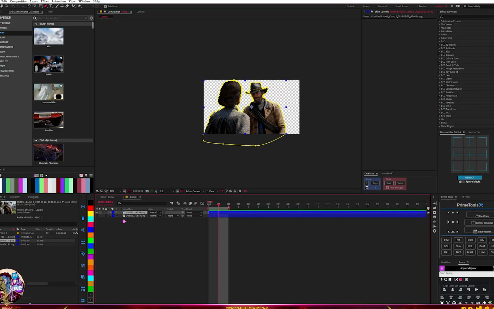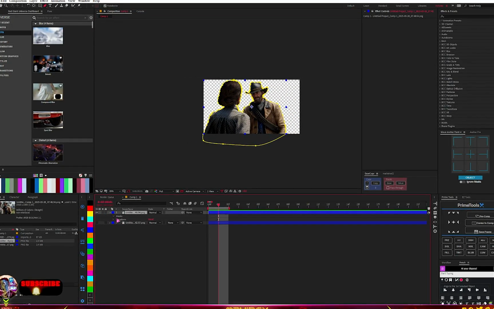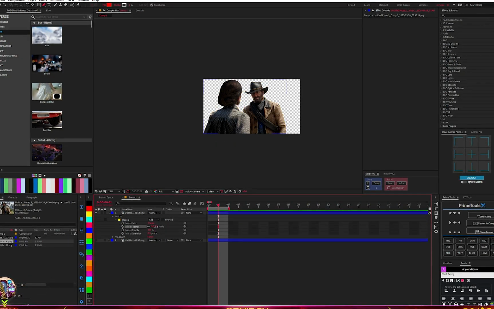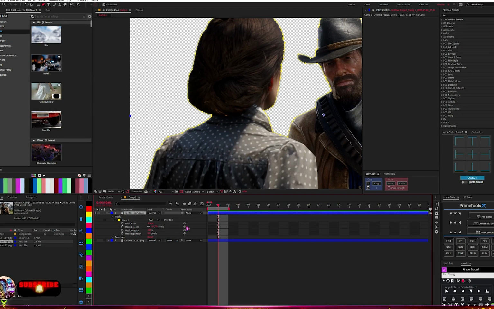So all you have to do is just go into your masks and make sure you add some little feathering to this. So let me add some little feathering, then pre-compose this,